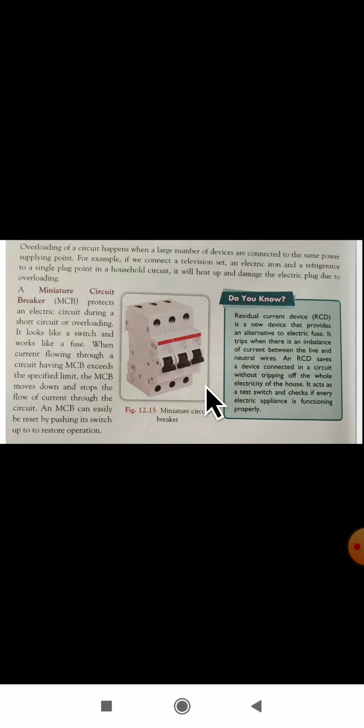Okay, dear students, till now we learnt about the electric fuse also. In the next video class we will again see about the magnetic effects of current and electromagnets. And after the completion of this chapter, I will give the exercise part and you have to write the question answers